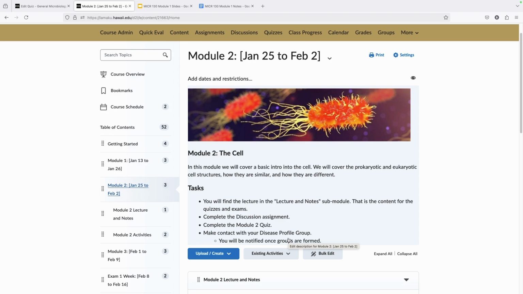I think I've already gone much longer than I wanted to. Hopefully, we will survive this Lamakū transition together. If this is your first semester at Leeward Community College, welcome. And you will have no issues with Lamakū. If you are a continuing student and you're used to Laulima, for you, there's going to be a little bit of an adjustment, but you'll find that Lamakū is pretty user-friendly from the student end, bit more challenging from the